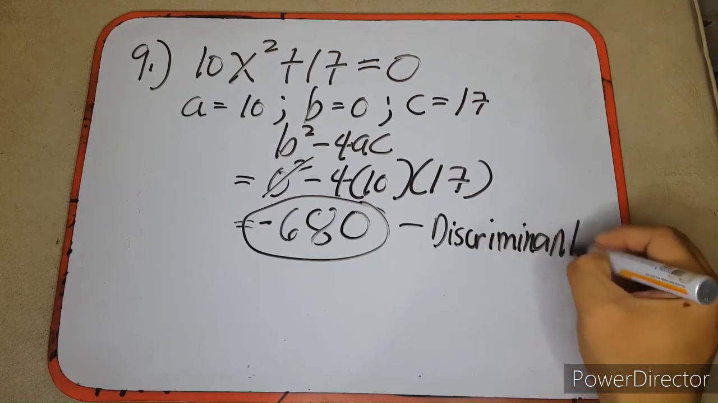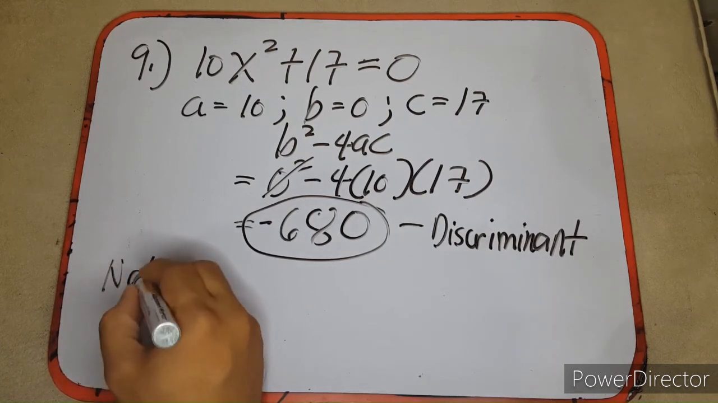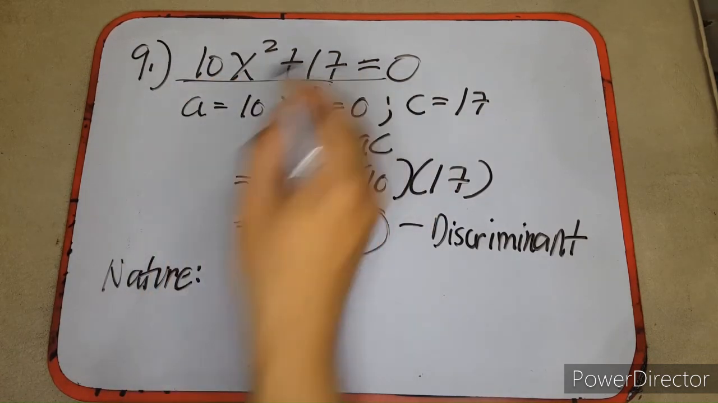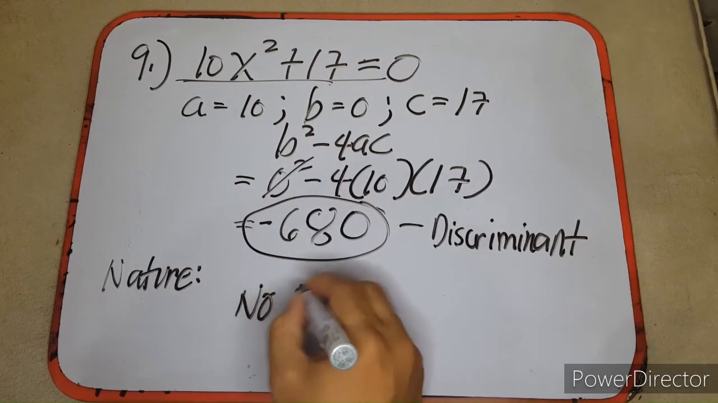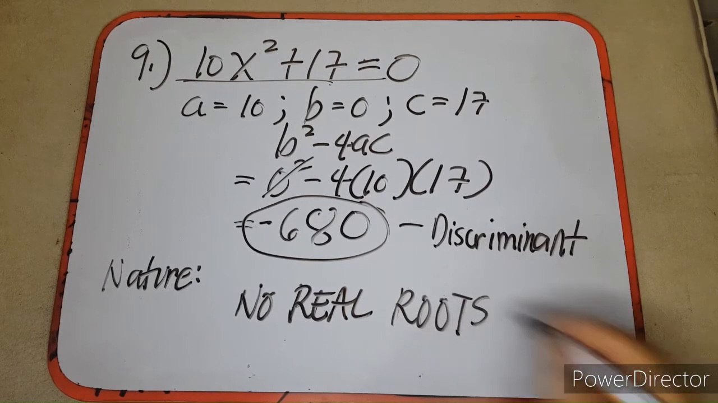discriminant. Then going back to the things that we have to remember, if your discriminant is a negative number, then we can find the nature of it. So the nature of the given quadratic equation, if you are going to answer it, is no real roots or no real solutions. So madaling salita, if we're going to solve the given quadratic equation,